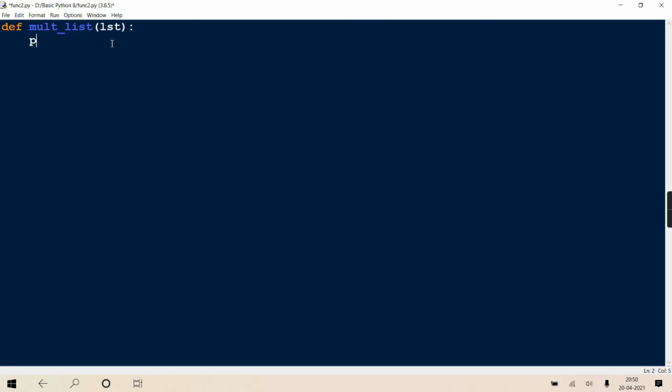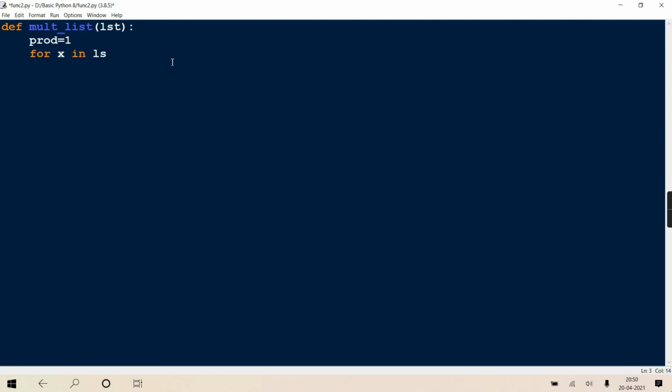Clear? Now can I create one temporary variable called product in which I'll store 1. Don't store 0 by mistake. I was doing that. I realized I'm doing a mistake. Why 0? Again, basic mathematics. If you keep it 0, so always the answer will be 0, because anything multiplied by 0 is 0.